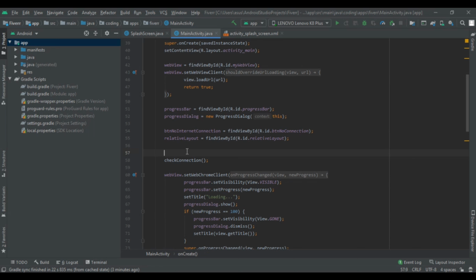So first of all, in this video we are going to write our code in the onCreate method of our MainActivity.java, below or above the check connection method. So first of all we are going to write webview